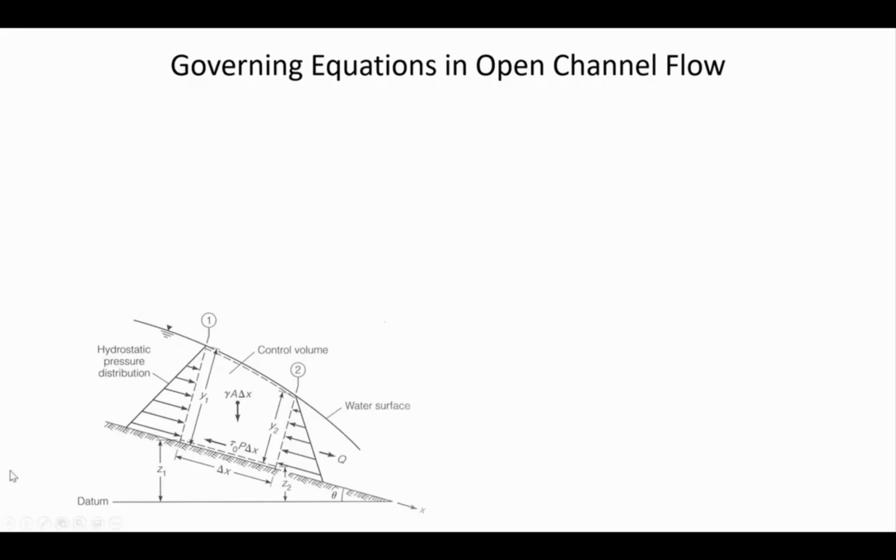And then delta X is some distance between control point 1 and control point 2. So it's essentially the volume. A times delta X gives you the volume of this element of water, and then gamma multiplied by the volume gives us the weight of the water. So that acts downward,